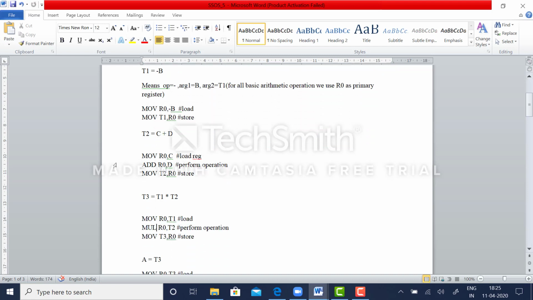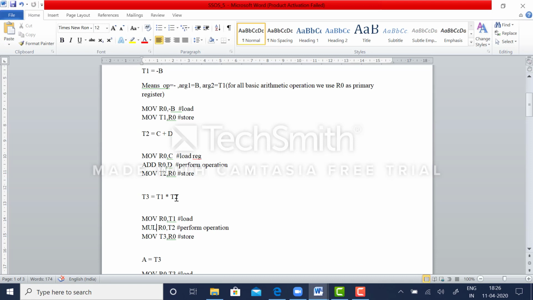That is, now we have the results in t1 and t2. So we are performing the multiplication operation between t1 and t2 and this result is stored in some other temporary variable t3. So what we are doing here? We are moving the contents of t1 to R0, so we are loading the contents of t1 to R0 and multiplying it with the contents of t2.